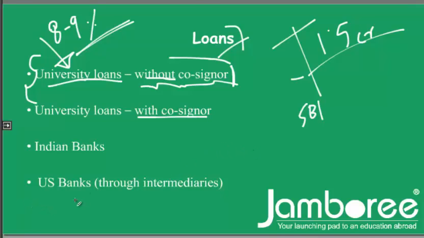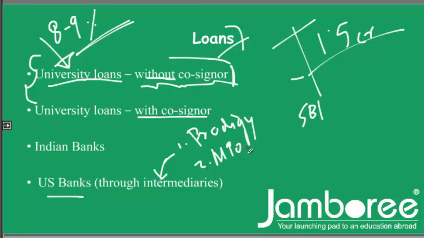Then the next type of loans is given by US banks through intermediaries, right? Like Prodigy is one of those. The loans are given by the US banks, but these are called intermediaries. So Prodigy Finance is one group. Then there's Empower Finance. But the rates of interest are again 9 to 10%, very low. But the only thing is that